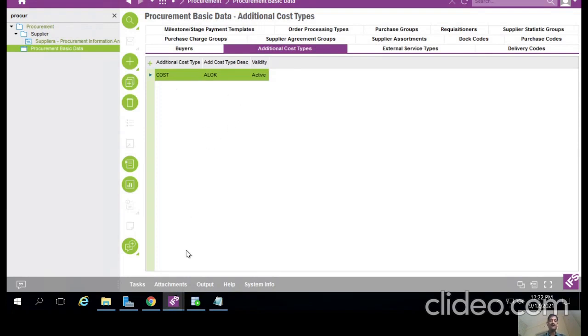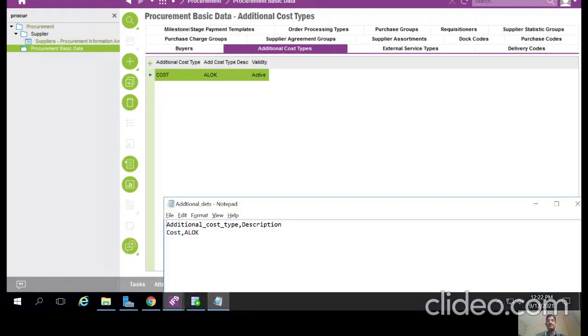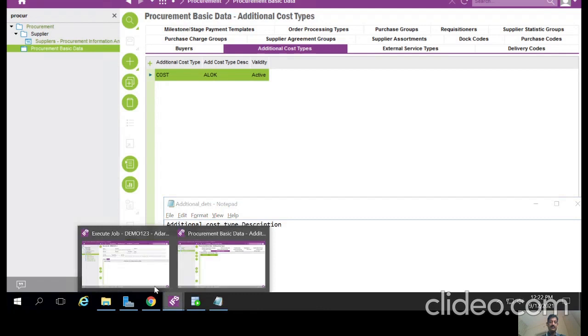Understand, guys? You can insert your basic data as a single logical unit. Now, suppose you want to modify. Okay guys, if you want to modify, the modification will be performed based on your primary key column. Correct? In our case, the primary key column is additional cost type. Okay, see.